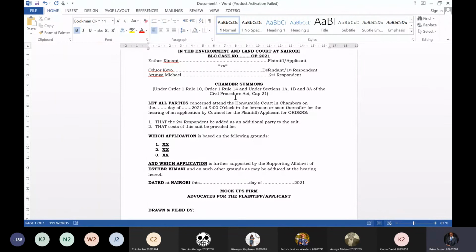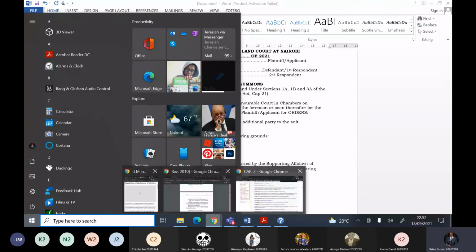Or maybe they give you a factual scenario and they tell you, draft, what is the proper document to be filed in court? This is where you answer. This is where you provide. This is the background to it. You use a chamber summons application when it is expressly provided for in the statute. And all those instances where you use chamber summons, you will see it's expressly provided for in the statute. By expressly, I mean the statute says move the court using what? A chamber summons. For instance,